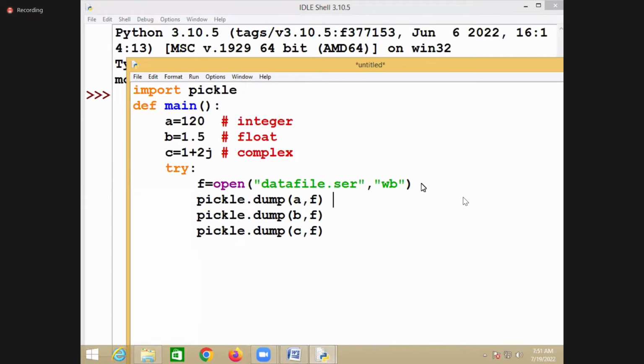So what will happen here? It will convert integer into what? Bytes. Okay. It will try to write. It will try to convert float again into what here? Bytes. Okay. It will try to write the complete object graph. It will try to convert complex into which one again? Bytes. So what is written? Okay. The data is written. What it will write is the data along with the type.